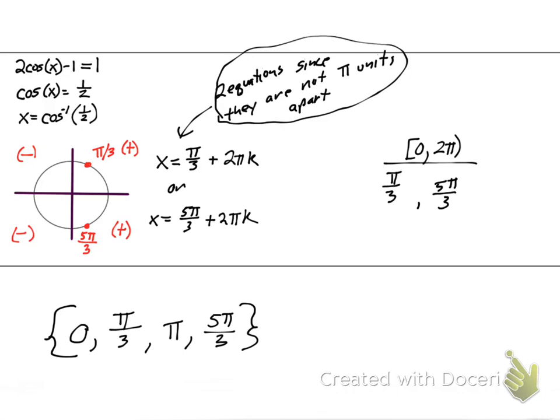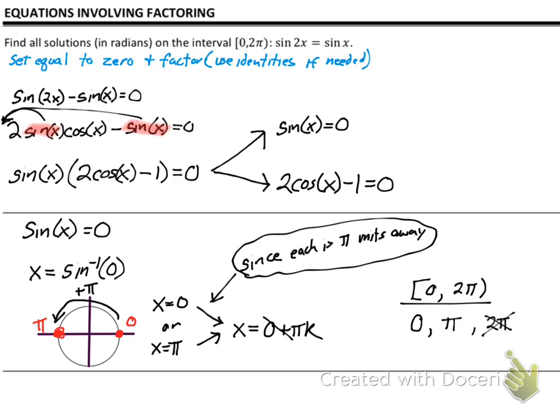All right, if you forget this, err on the side of making two formulas. Because if I didn't recognize these were pi away and I had 0 plus pi k and I had pi plus pi k, I would still get the right answers out. So err on the side of doing two equations. If you're ever just like, oh, was it pi or not? Err on the side of doing two equations. It's not hard to keep track because if you can add pi, it's 1. But if you forget, err on the side of making two equations. Okay,